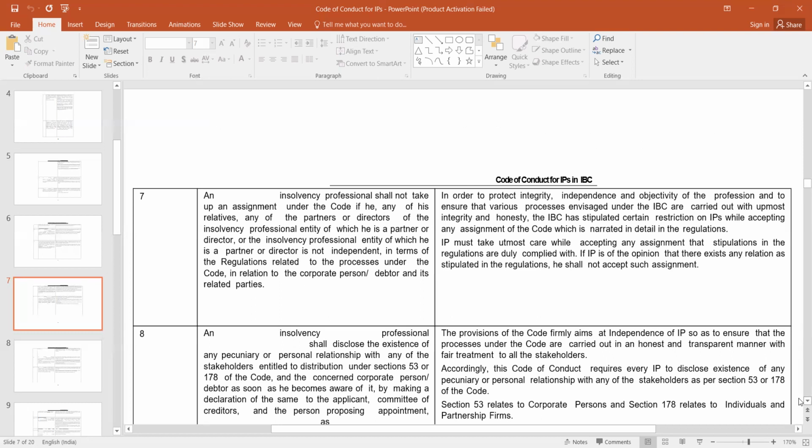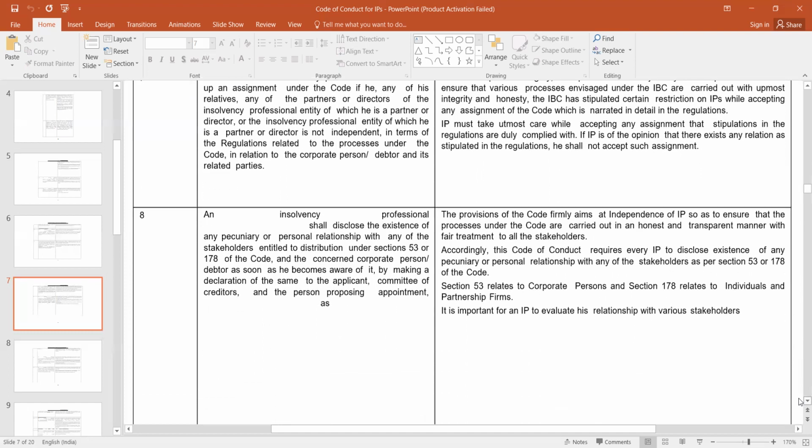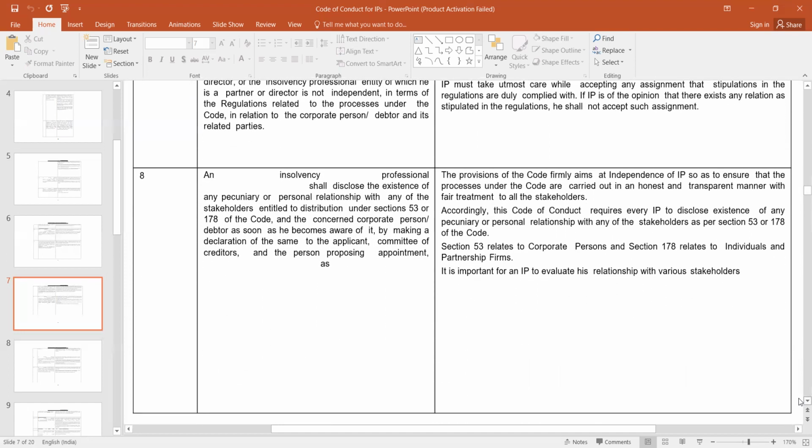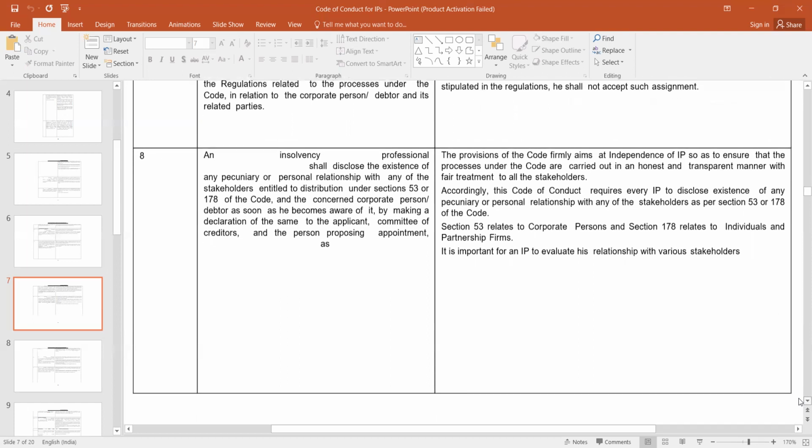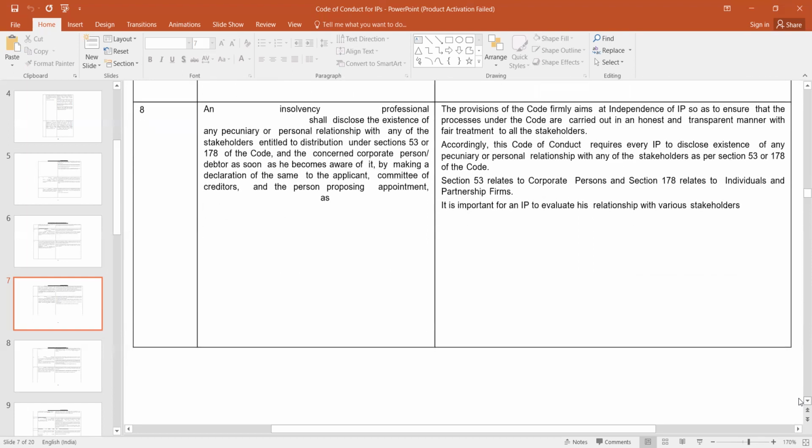So, Rajsekharan ji, what is your view on this? Should you not accept, or should you simply disclose and go on accepting the assignment? We should be very careful about this. We have to deal with these situations very carefully. As bankers, we face several issues of this type.